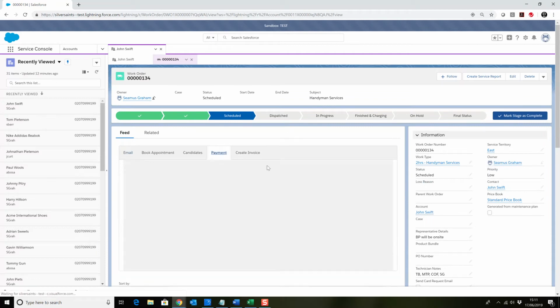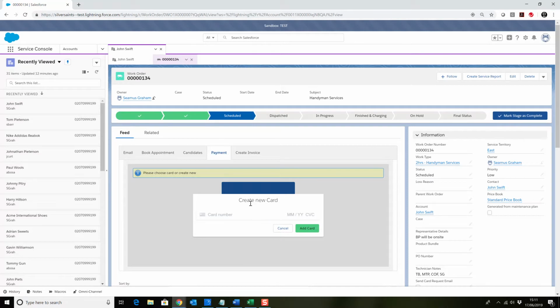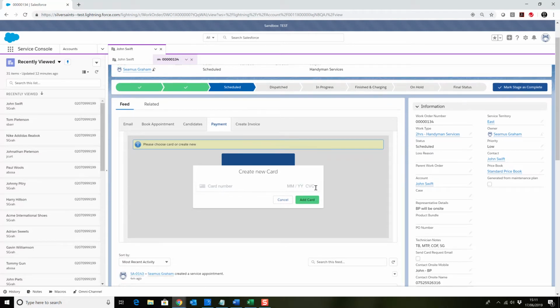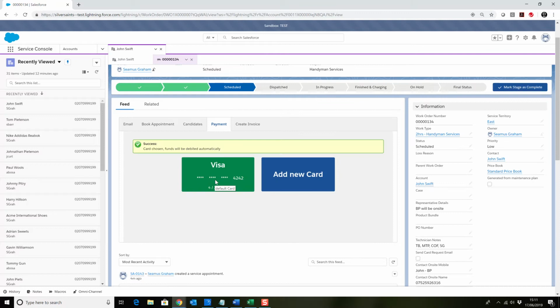I will at this stage add some card details just so you can see how it's done. So I click on add card details. All I'm doing is the long number, expiry date, CVC number, and postcode. So I've got a few dummy data to enter here. You'd obviously enter a UK postcode. The system I'm using for these videos is connected to a US system, so these are US based cards and postcodes, zip codes. I click add card,